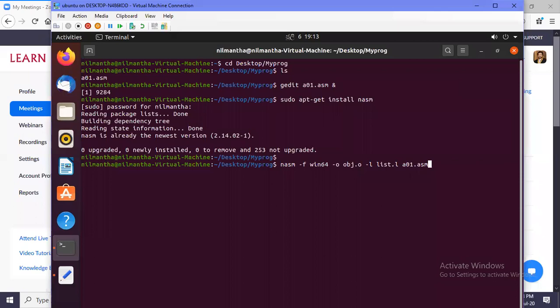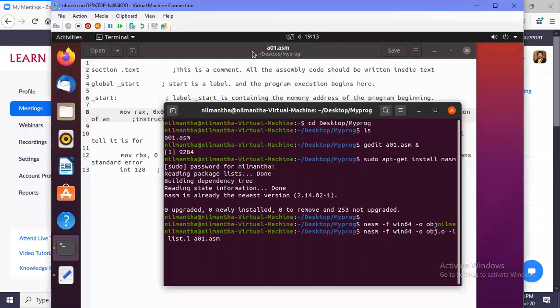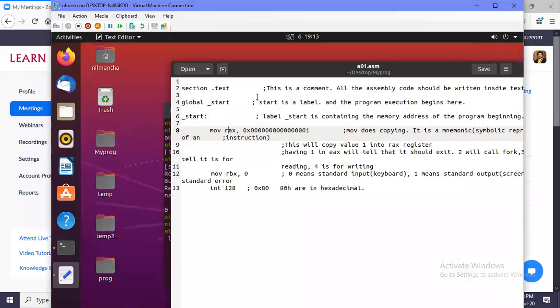Now if you go and see this directory where a01.asm is, it is in the desktop, my program directory.